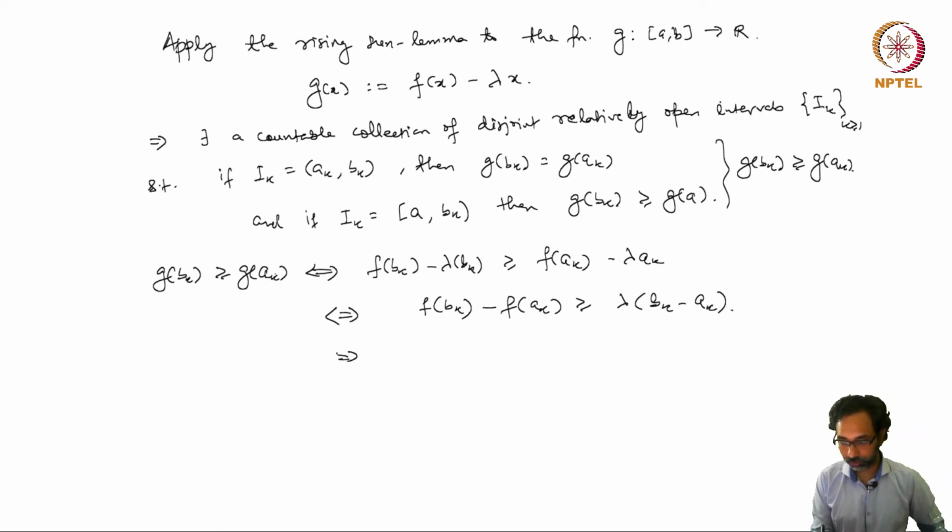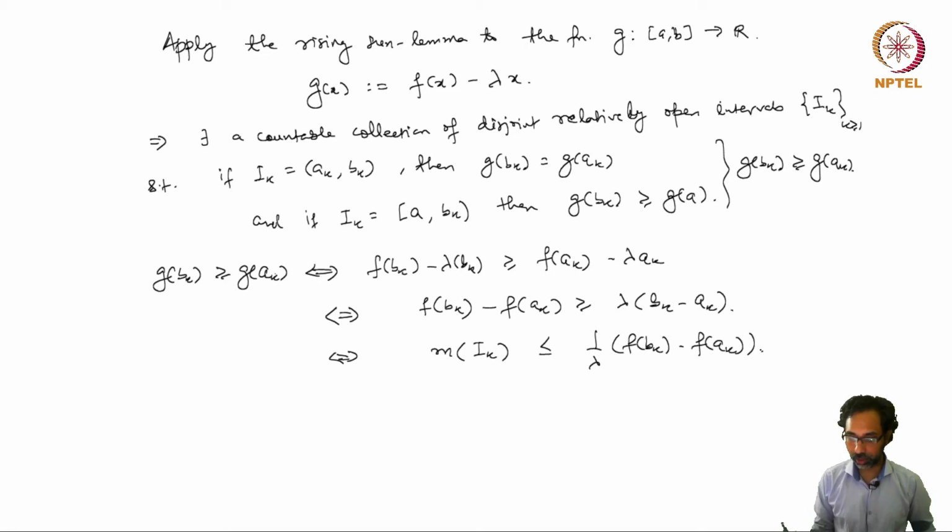In other words, the measure of the interval I_k is less than or equal to 1 over lambda times (f(b_k) minus f(a_k)). And now